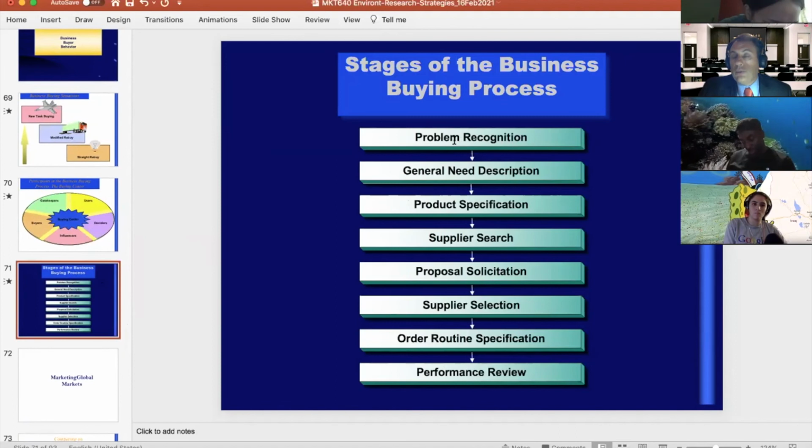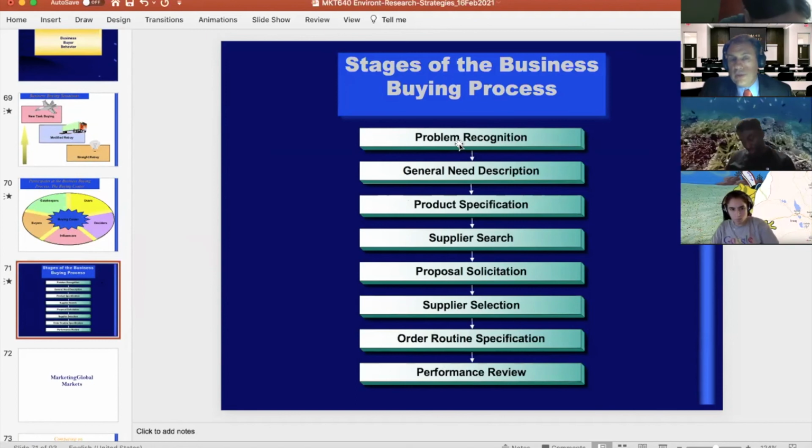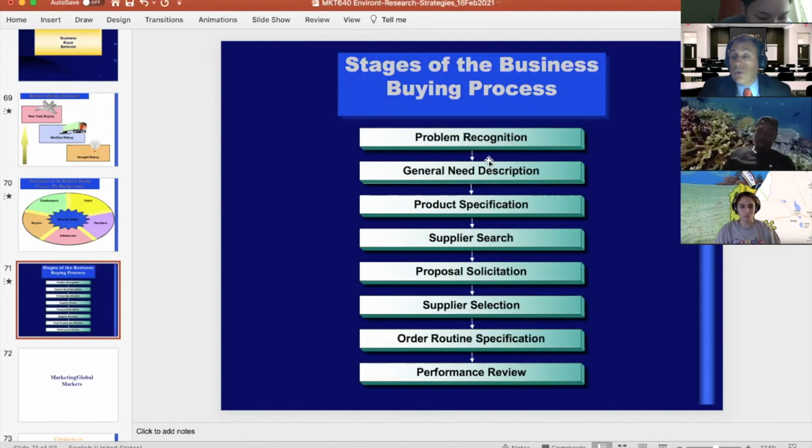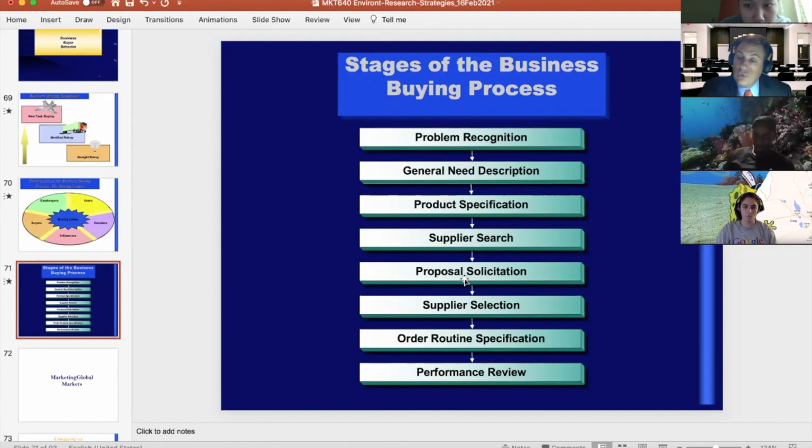But at the beginning, what you do is you formalize the need. If you're a business, obviously if you're IBM or NASA, it's very different than if you are a company that has 2 employees. If you're IBM or NASA and you're buying new computers, you have to formally define what the needs and the specifications are. You may even go through a supply search, and then you may be reviewing proposals from the suppliers and then go into the purchase. But it's about the same thing.